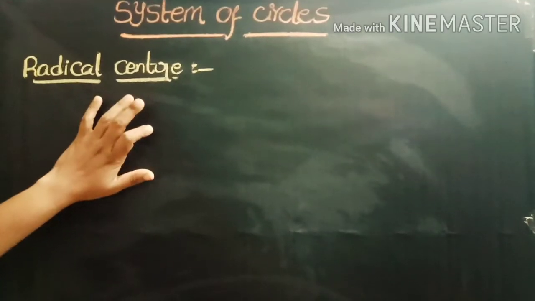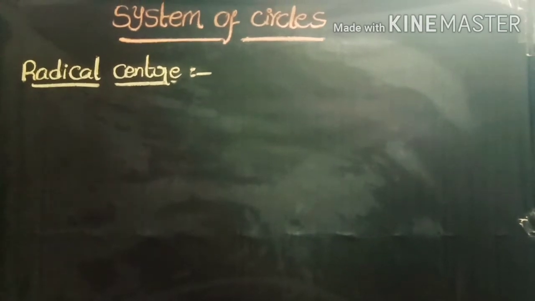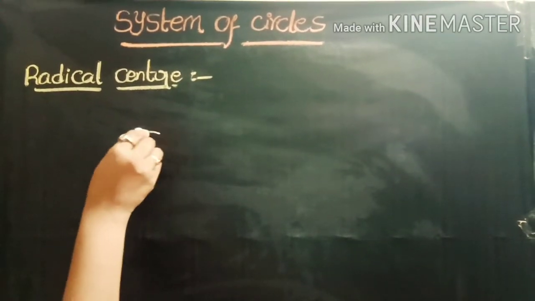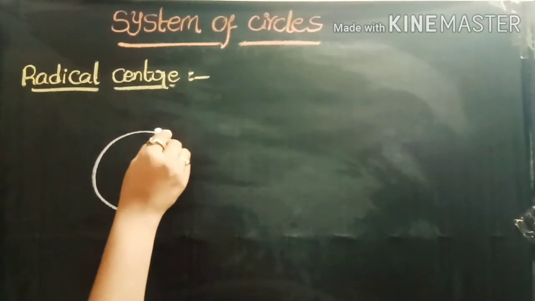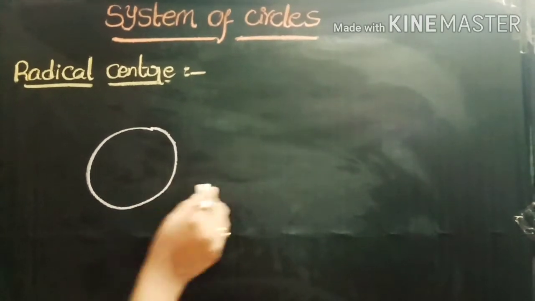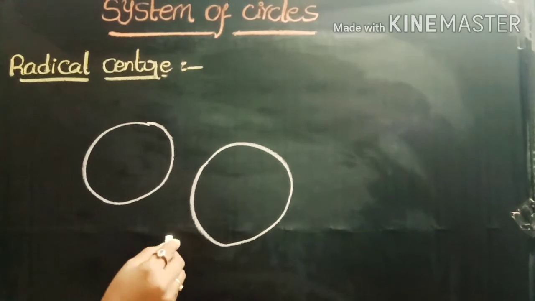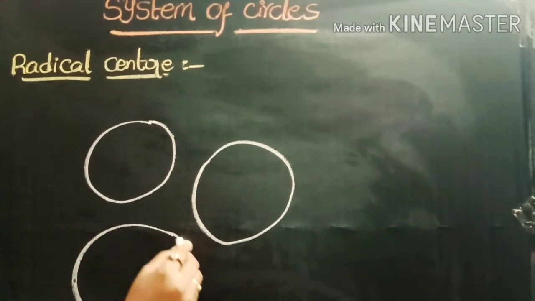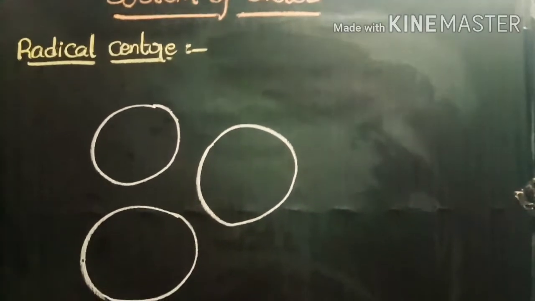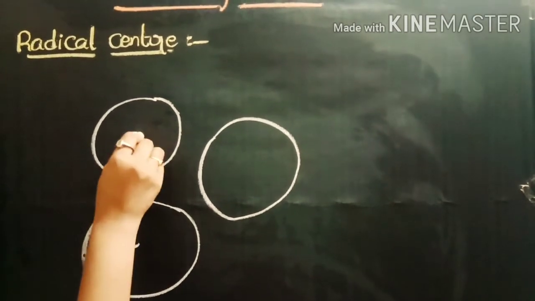The next concept is the radical center. Radical center means finding the radical center of circles. First, we take three circles which are not intersecting, non-intersecting circles, and such that the centers of the three circles